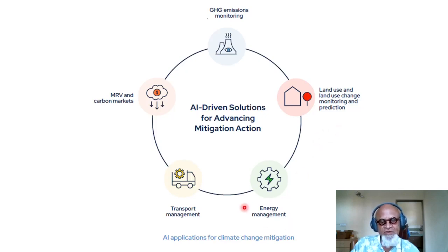Energy management, of course, we have talked a lot about this under the AI podcast series, which this will go under the same section. Transport management. It's not just electrification and EVs, but also managing patterns, resilience of the networks, and so on. Monitoring, reporting, verification, and carbon markets. Of course, this is very critical to make sure there is no greenwashing going on and that additionality of carbon markets or carbon sequestration or carbon offsets is, in fact, working.